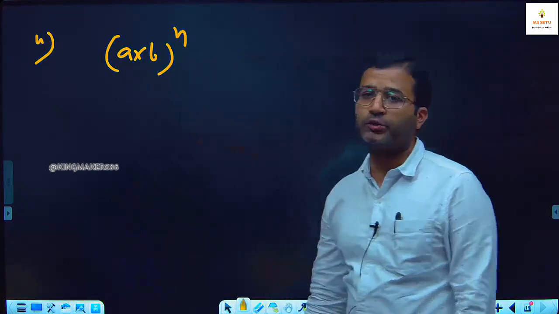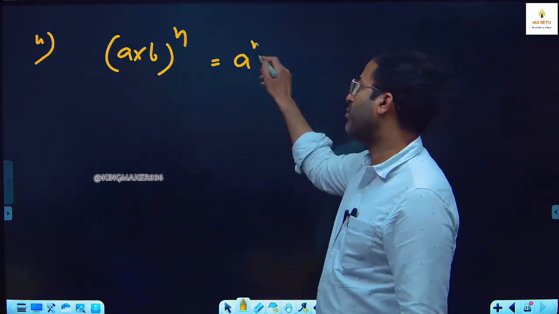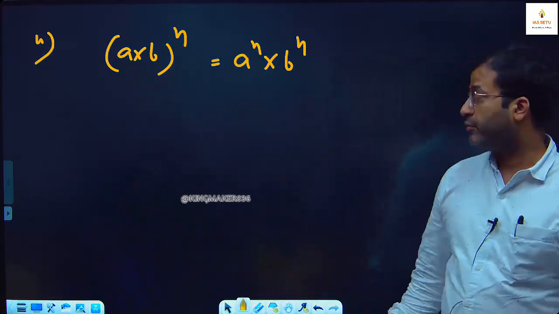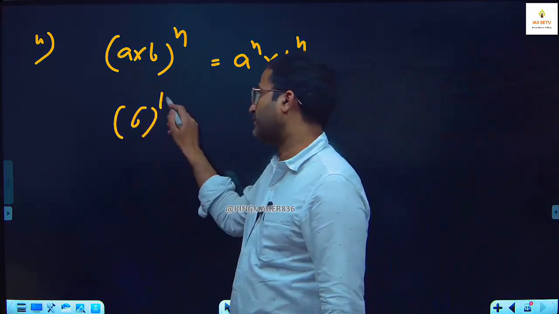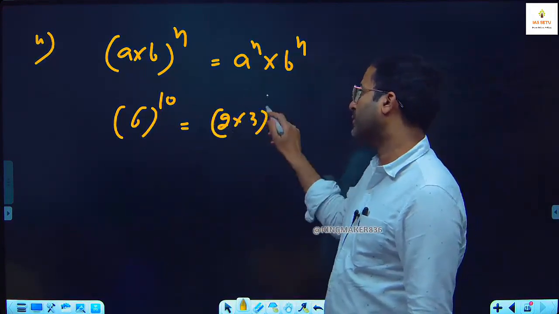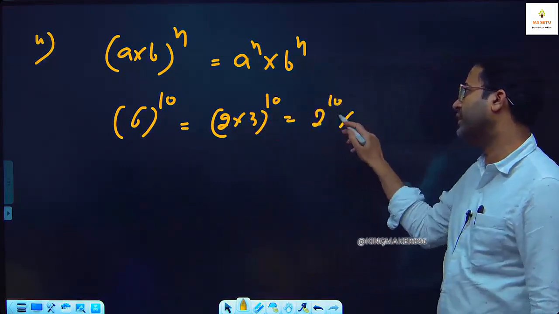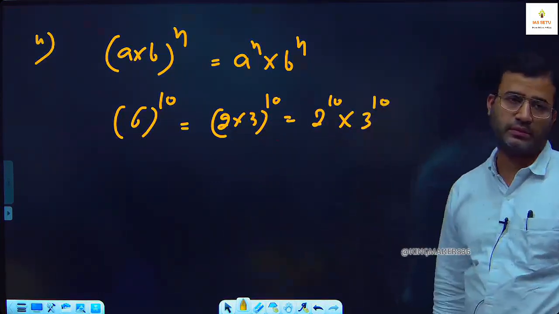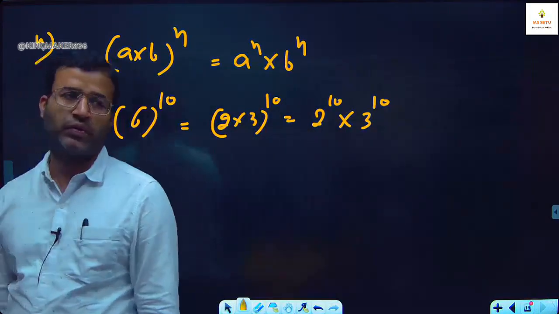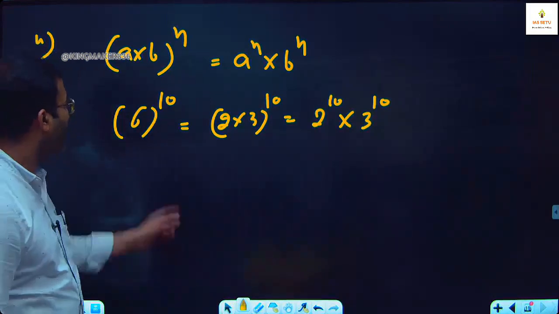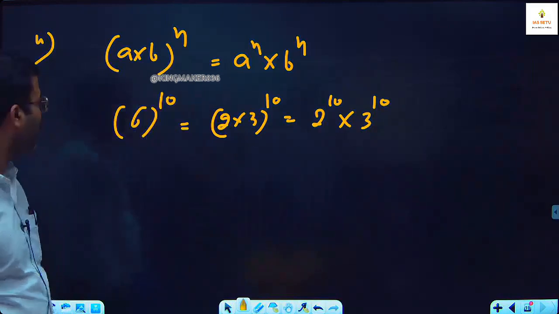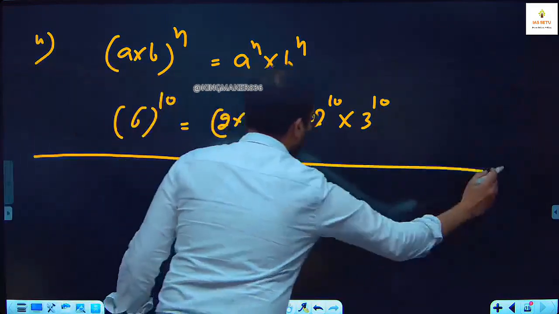(a × b)^n = a^n × b^n. Like here, for example, it is 6^10, so you can express it as (2 × 3)^10, so it can be written as 2^10 × 3^10. (a × b)^n is a^n into b की पावर n, उसको अलग किया जा सकता है। रूल नंबर 5,